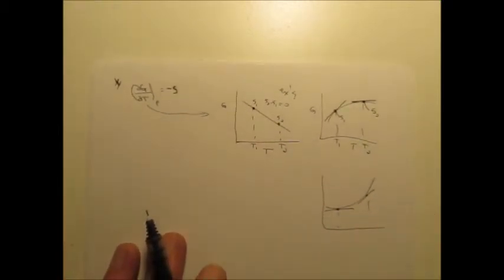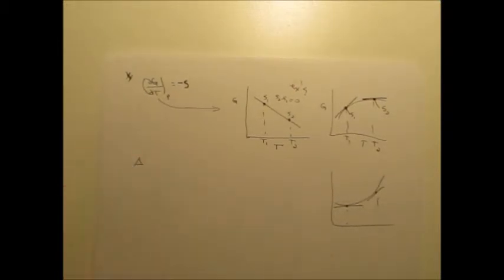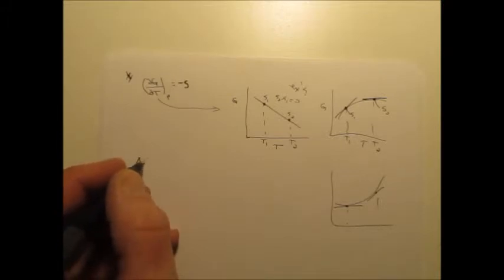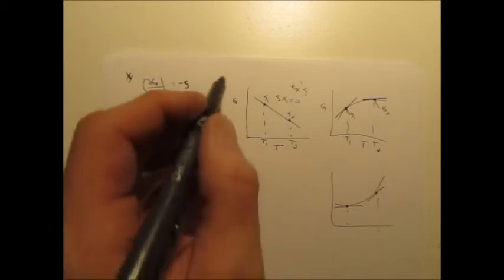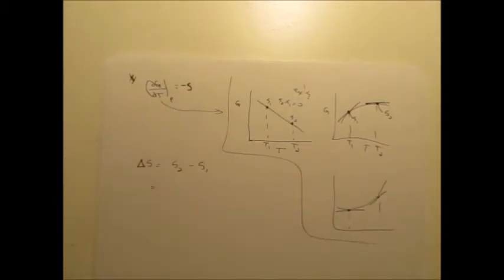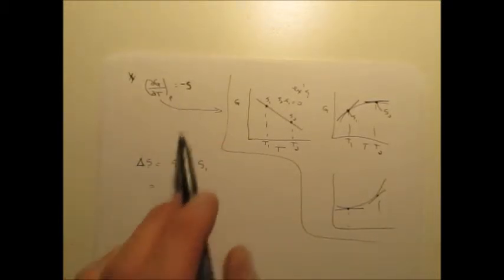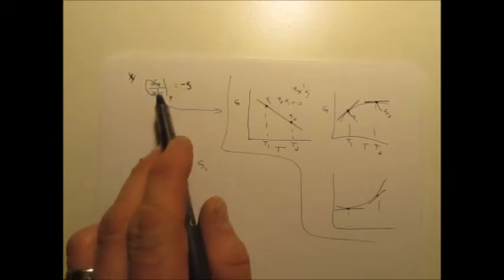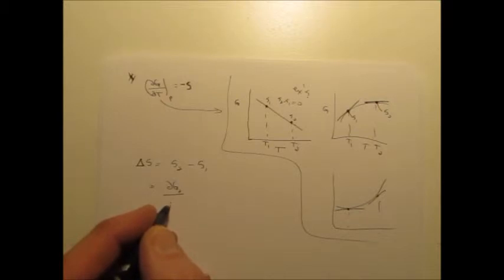So that's the idea. The one thing I know is if a process takes place, in this case, the change in entropy will be S2 minus S1. So now instead of thinking about the graph, which gives us some meaning of that one, now we're going to say algebraically what would happen if I looked at delta S. So S2 would be the value of G2